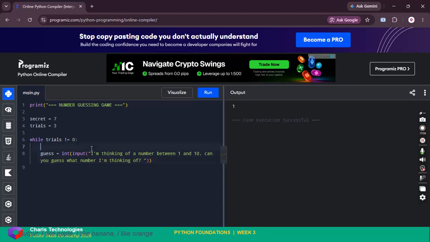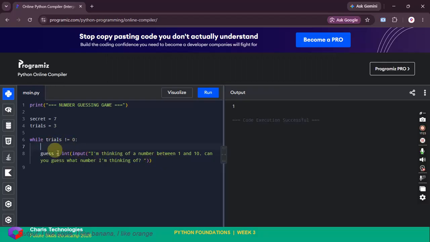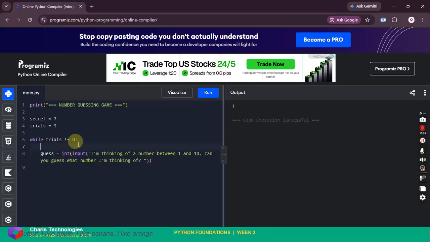Okay, so we're going to ask the user to keep on entering, keep on trying. But what if the user gets it correct? Then we don't want to keep on trying. All right, so while trials is not equal to 0, we're going to say